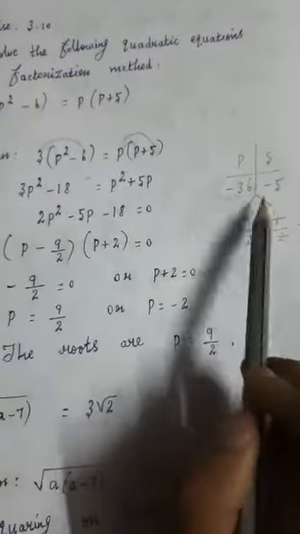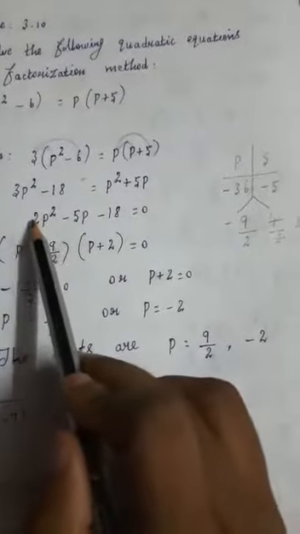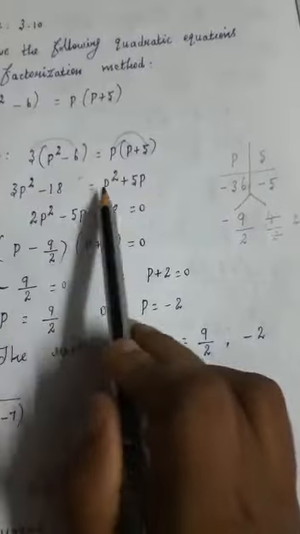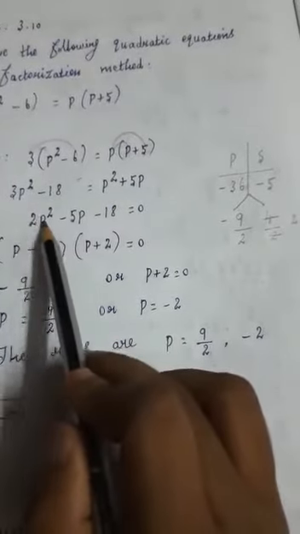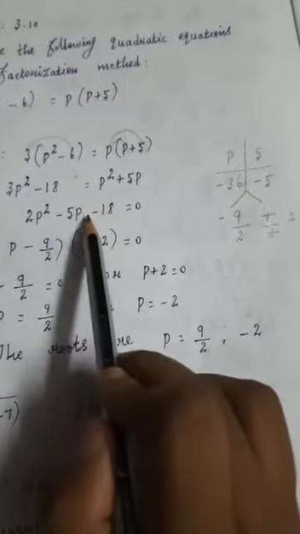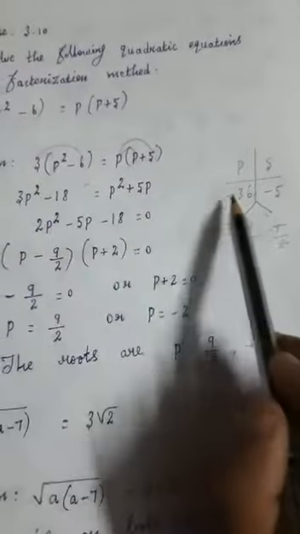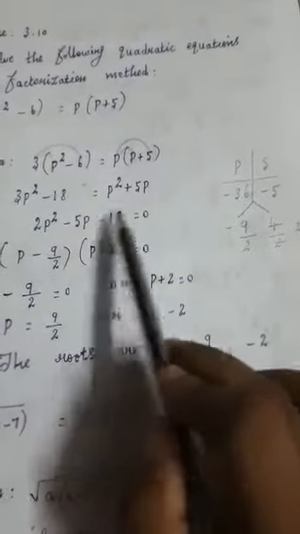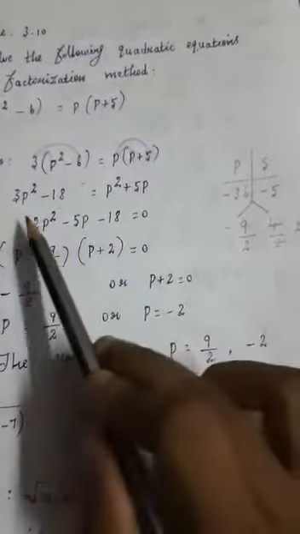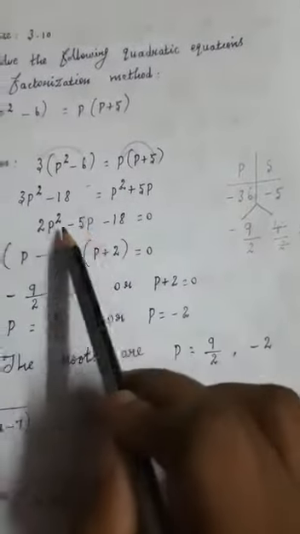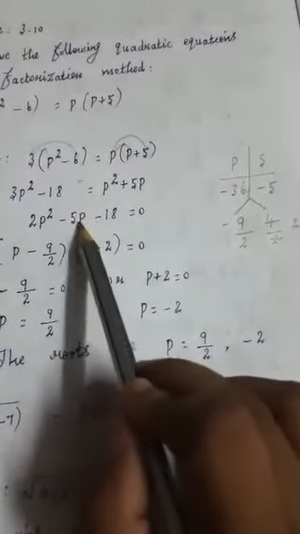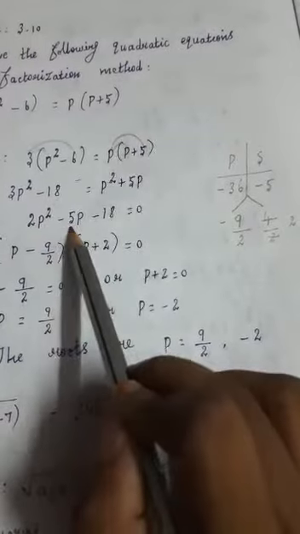The product and sum, this way you can solve it. Now see here, the product: what is it? 2 into minus 18, that is the coefficient of p square with the constant term minus 18. So 2 with minus 18, if you multiply, you know that is minus 36. 2 into 18 is 36, plus and minus gives minus. Now the sum, you know, is the in-between term, that means the coefficient of p. What is the coefficient of p? Minus 5. So that is the sum.